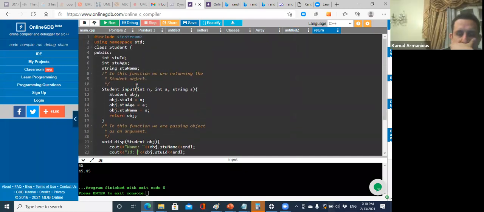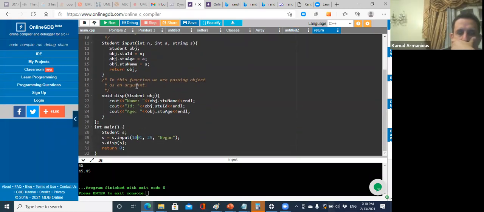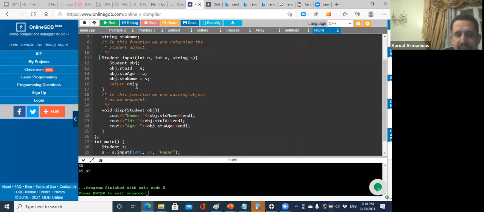This example, the main objective of this example, I will leave it for you to try at home, is to call a function and return an object. Functions are usually used to return an integer or a double, but